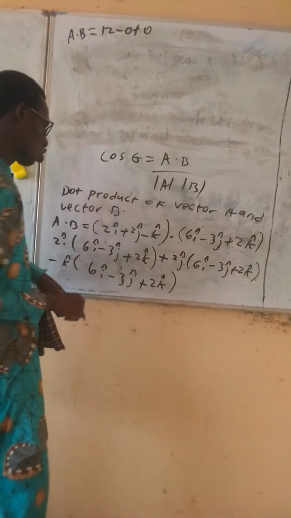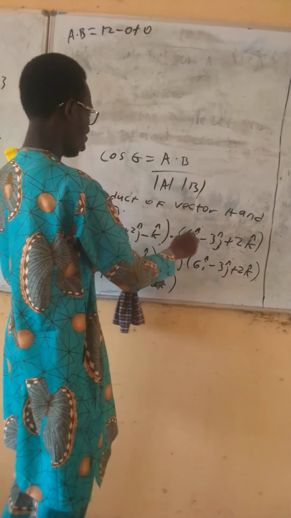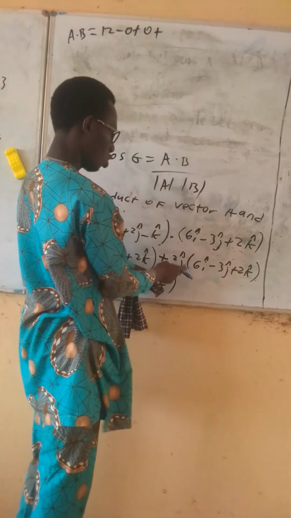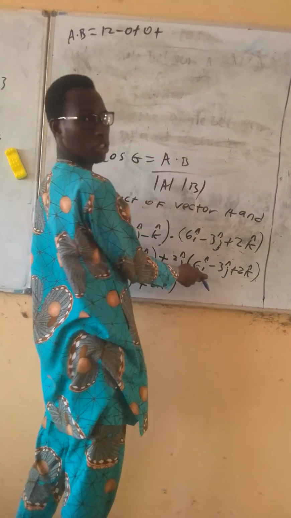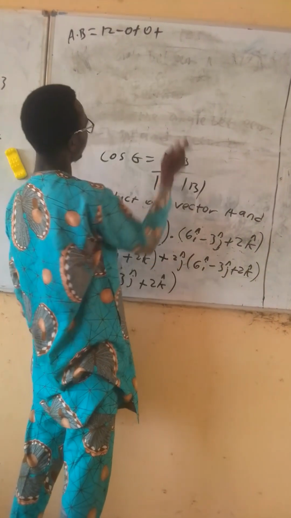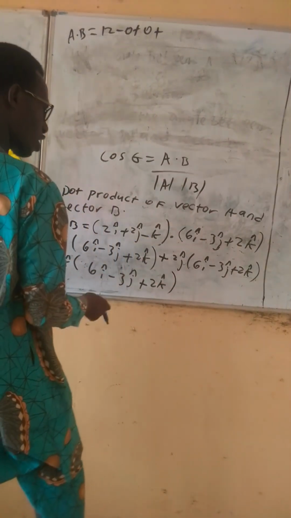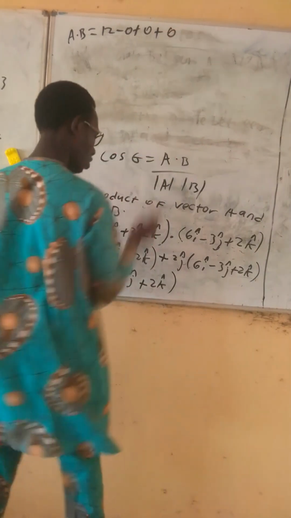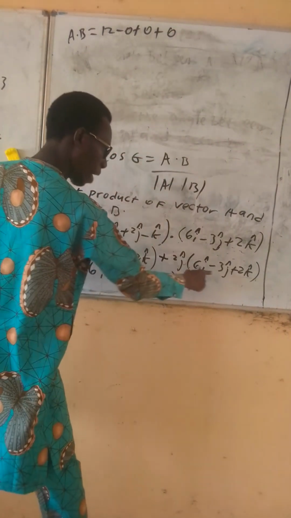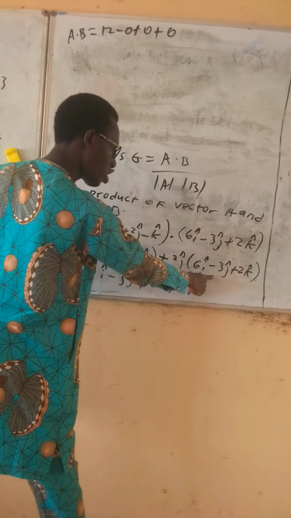Then we have plus 2j vector multiplied by 6i, which is 0. 2j multiplied by minus 3j is